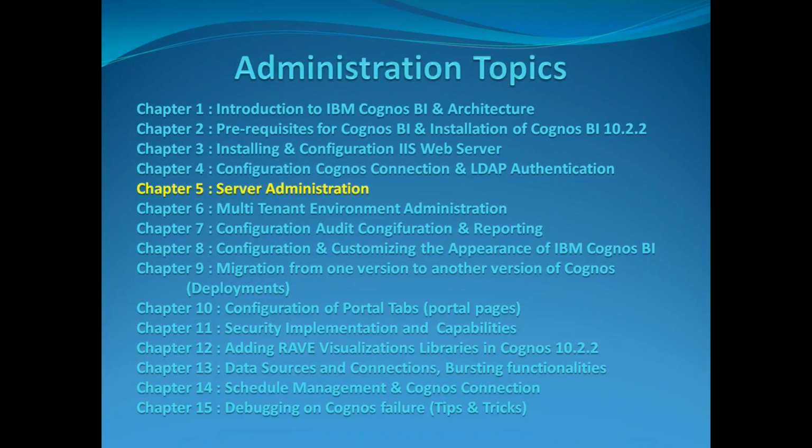Coming to server administration, here we'll be talking more about administration tasks like managing dispatchers and the services, failover and load balancing configuration and how to do the failover and the load balancing, validating Cognos services, writing routing rules and procedures, adding or removing multiple dispatchers. We have algorithms like round robin or cluster-compatible methods for gateway mappings, and performance tuning, including how to monitor